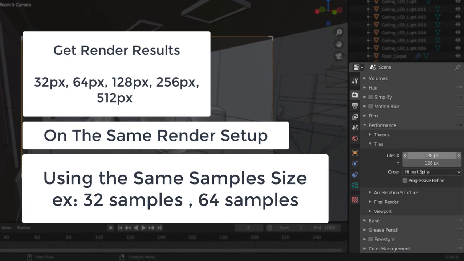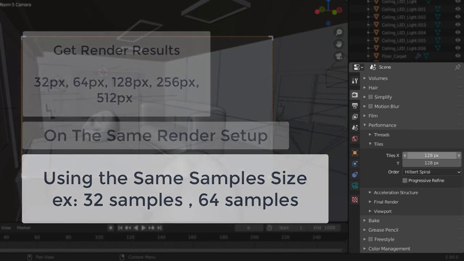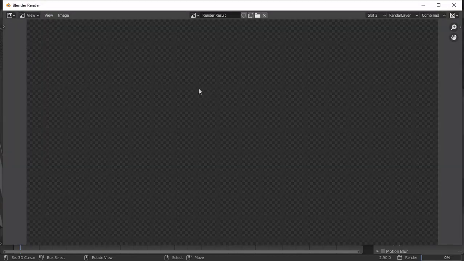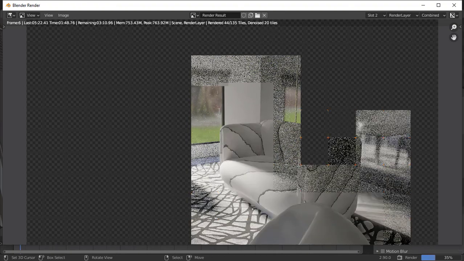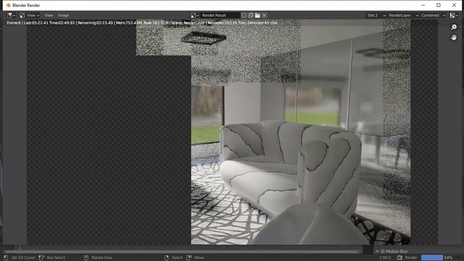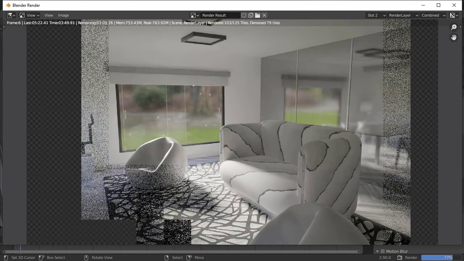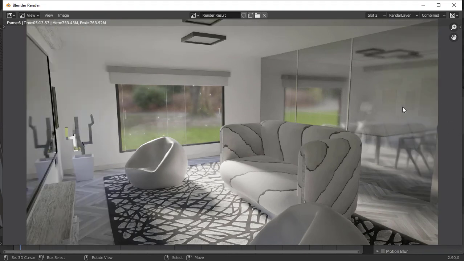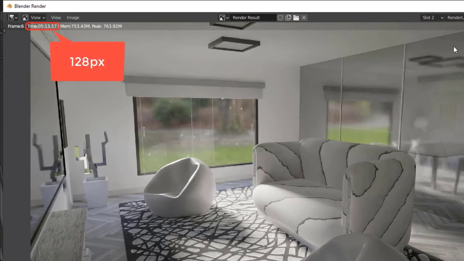After that, see which tile size completes the rendering in less time. That tile size is the optimal tile size for your computer. You can see the difference in render time when the tile size changes.